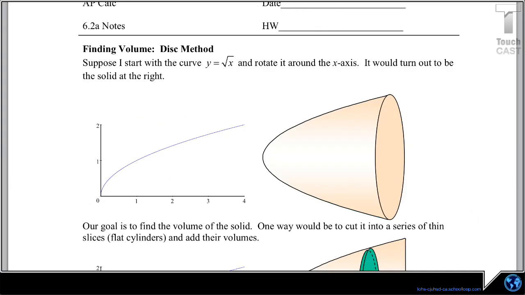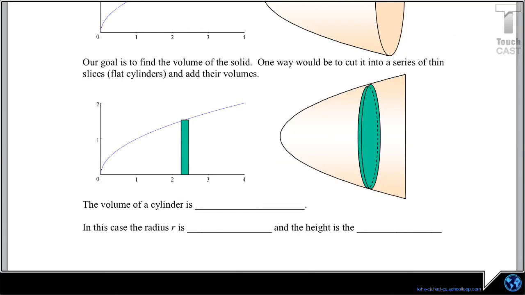So if we were to graph y equals square root of x, it would look like this first graph on the left. And then imagine that we were spinning it. I'll draw a little spin arrow about the x-axis. It would look like this. So of course, if I wanted to see how much volume that would actually hold, I could imagine that it was nothing but a bunch of circular discs that were all lined up